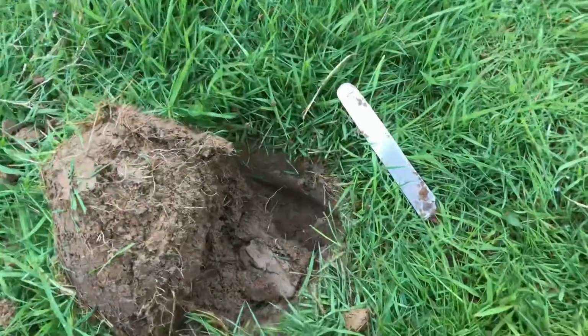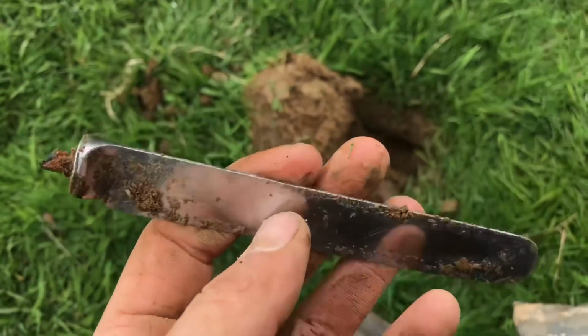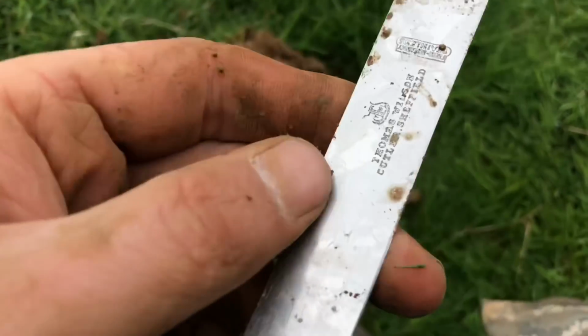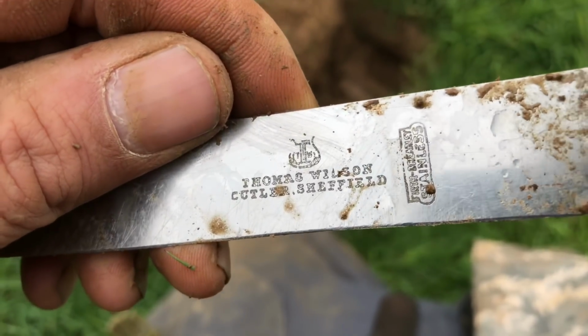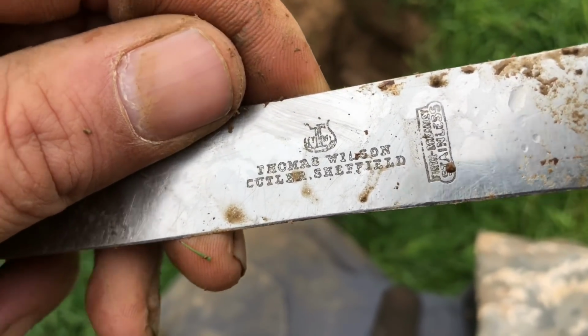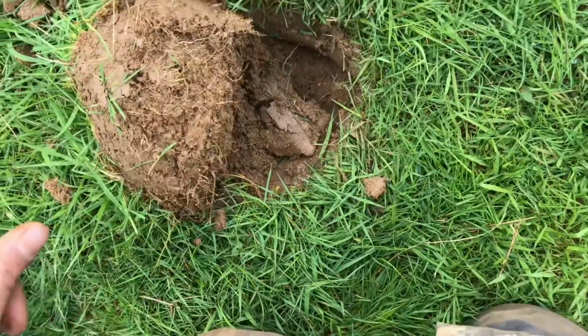Right, on to the next find. It's the first one of these I've ever found, and I've never ever found a button knife before. But yeah man, yeah, stainless steel, nothing special, but oh, that's a first for me. Anyway guys,